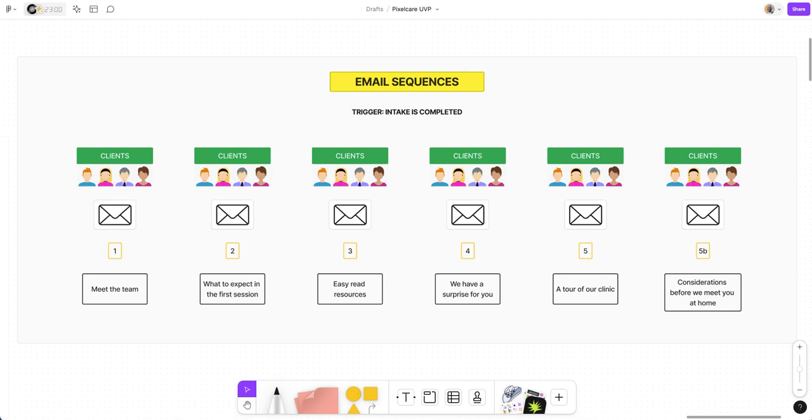Imagine, let's do an example, a physio. We know someone is submitting an intake form, and they clearly state on the form that they are experiencing some shoulder pain, or anything really.